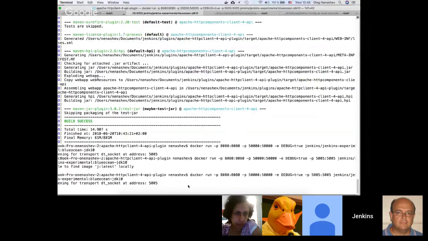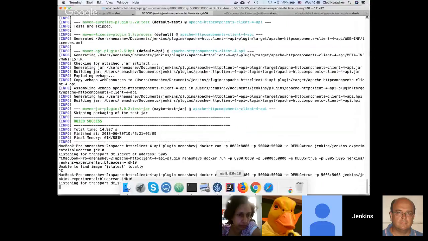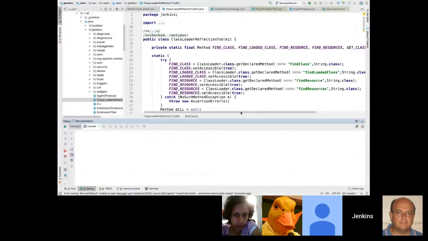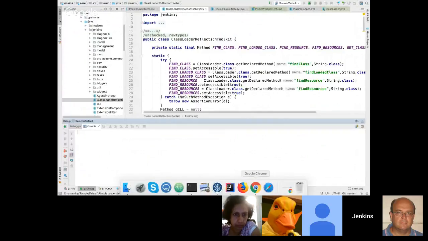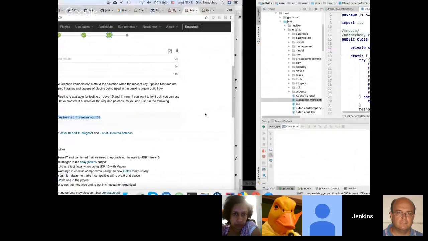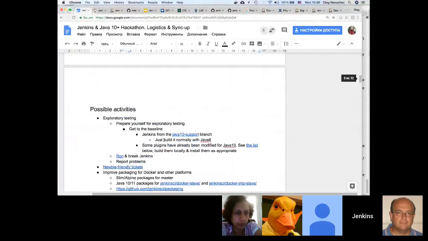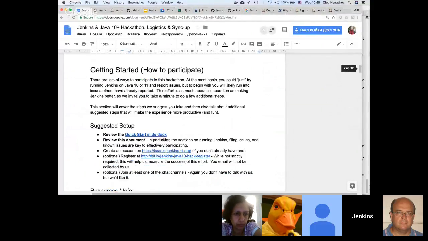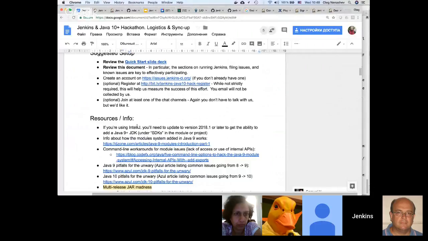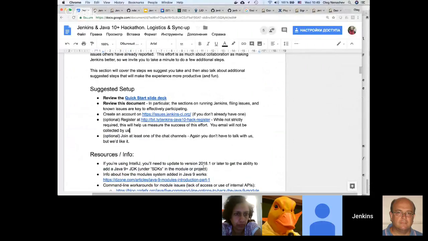For Java 8 images, it works like a charm. But maybe I just need to update my IDE because I'm using an old version. And yesterday there was a guideline in the document that you need to update your IDE. Just a second. So in this huge document, there are suggested setup steps, and one of the steps is if you are using IntelliJ IDE, you need to switch to this version to use JDKs.